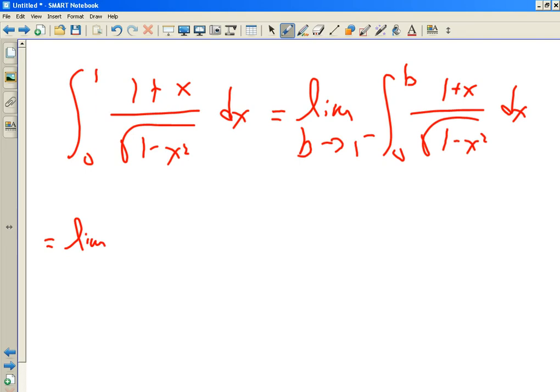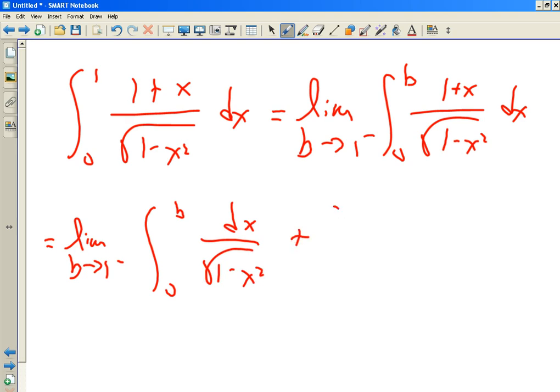It's a limit as b approaches 1 from the left of the integral from 0 to b of 1 over this dx plus the integral from 0 to b of x over this dx. I could break it up as 2 separate integrals. It's 2 separate fractions. I don't have to do this. I could just say